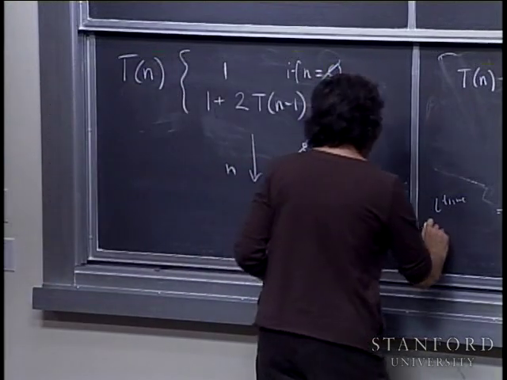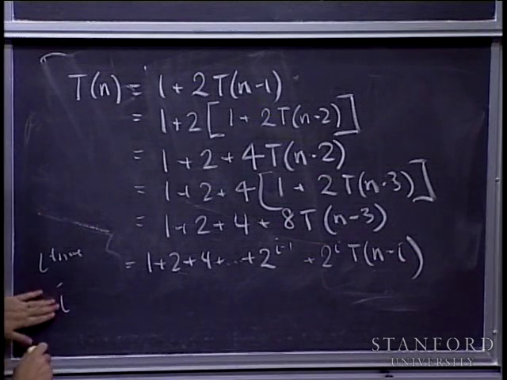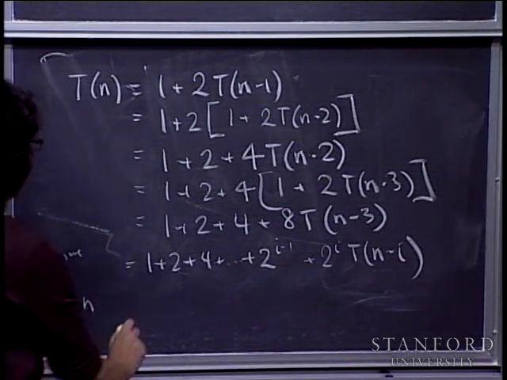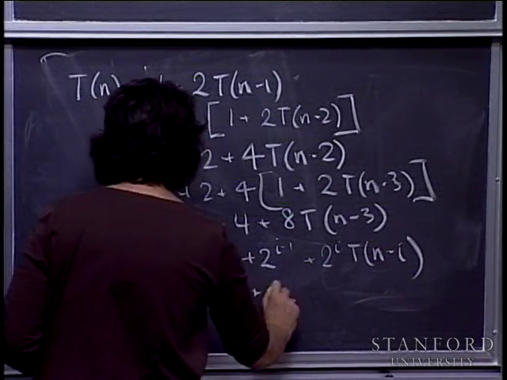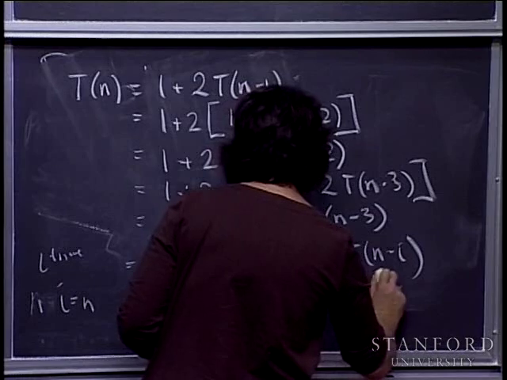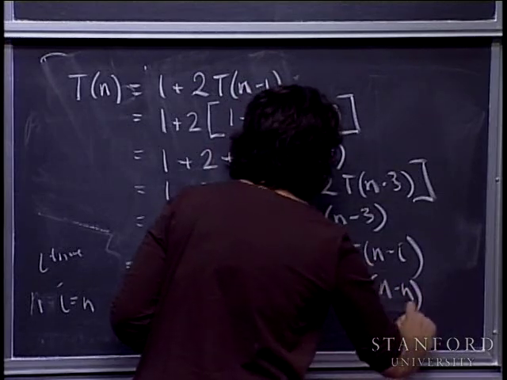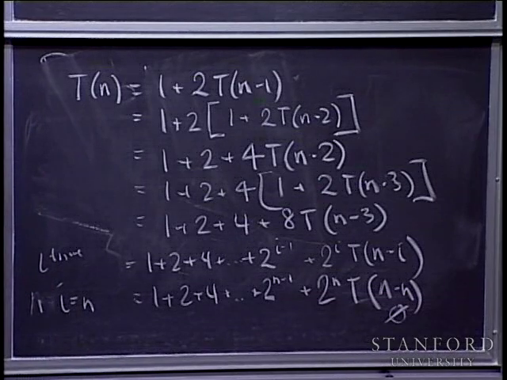So I actually want to set i equal to n here, and with that, let's say i equals n, and I plug that in. I've got 1 plus 2 plus 4 plus all the powers of 2 up to 2 to the n minus 1, plus 2 to the n times T of n minus n, which is T of 0, which is just 1. So what I got here